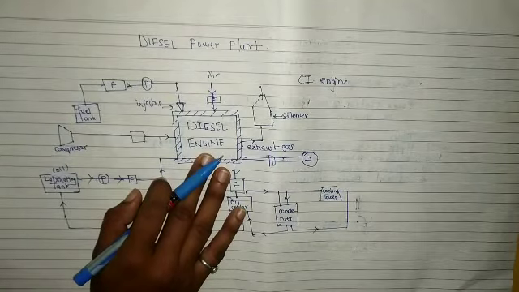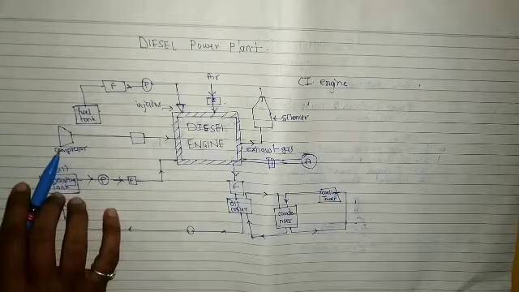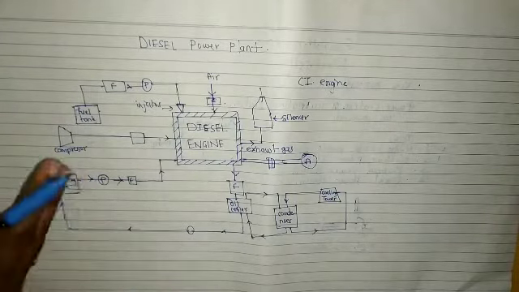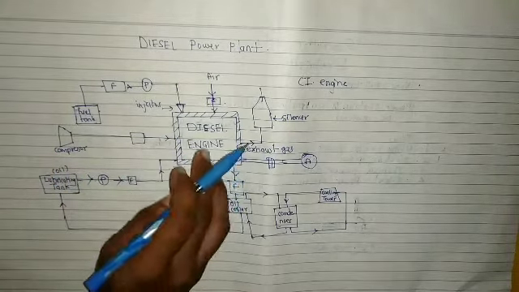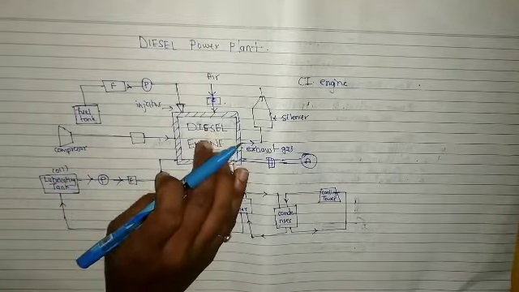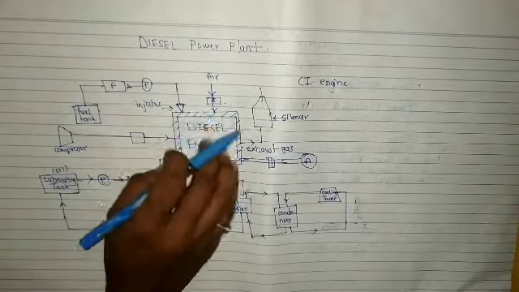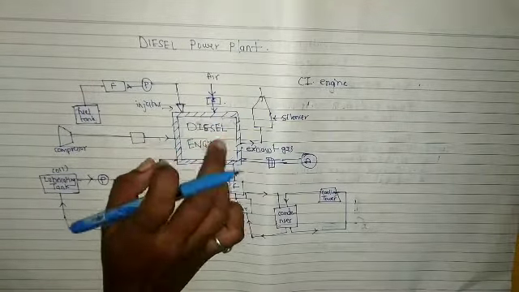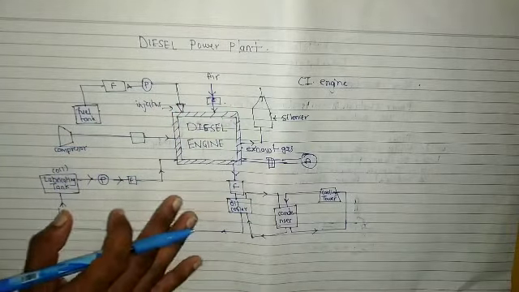So what we have done here, we have provided compressor, and this compressor, what will it do? It will provide compressed air, right? High pressure air is given to the cylinder, to this diesel engine. So due to this, what will happen? The engine shaft will rotate and our engine will start working. So these are all the functions.